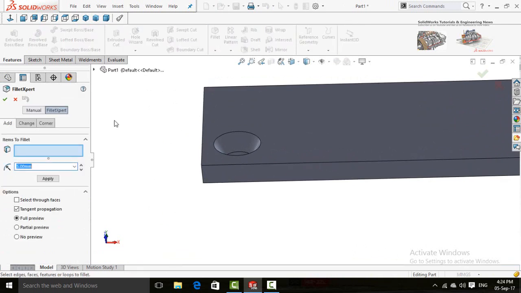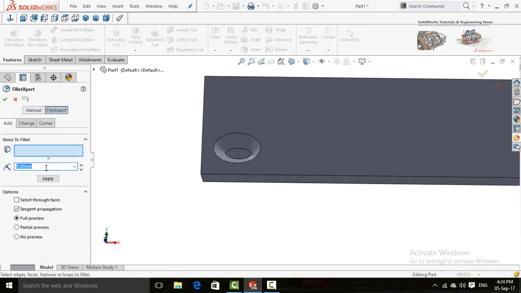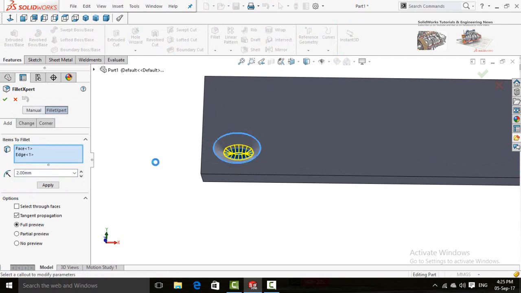Now select fillet command, fillet radius 2 and click on this face. Also click on this edge, press OK button.